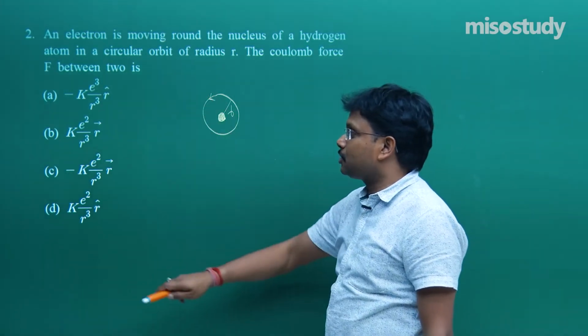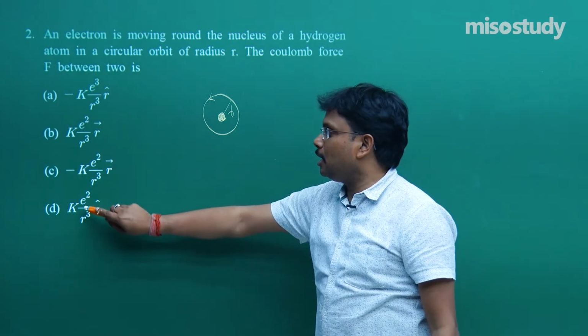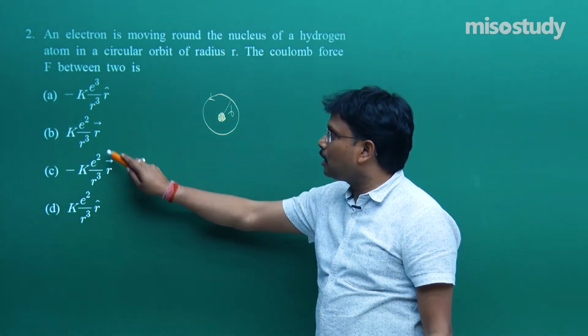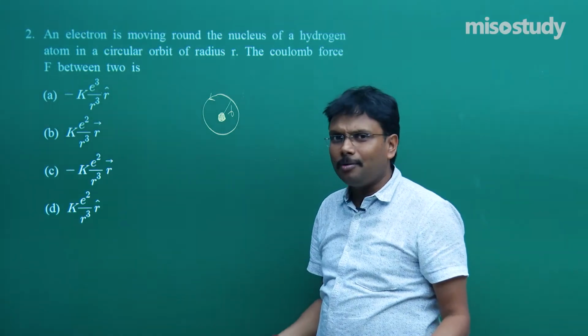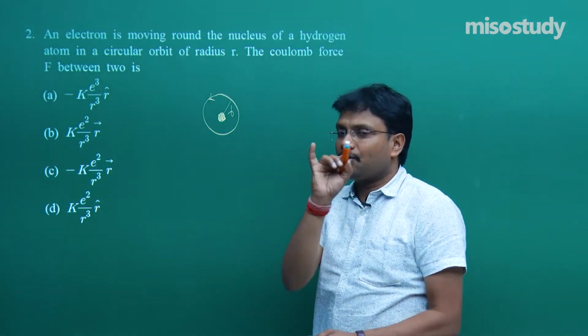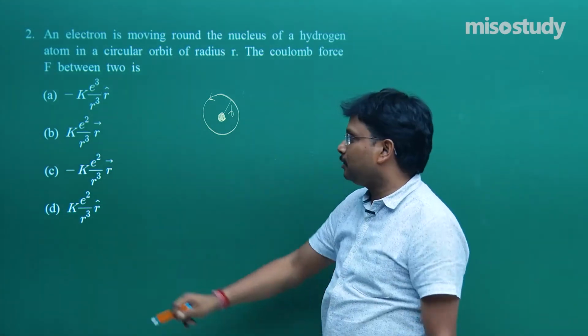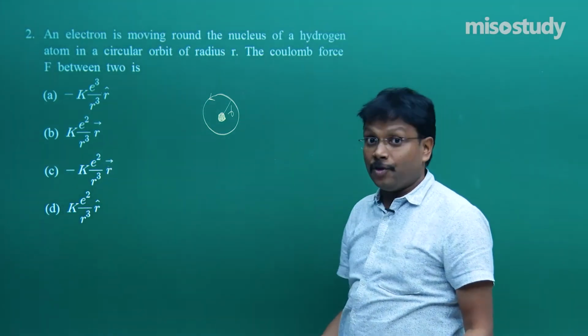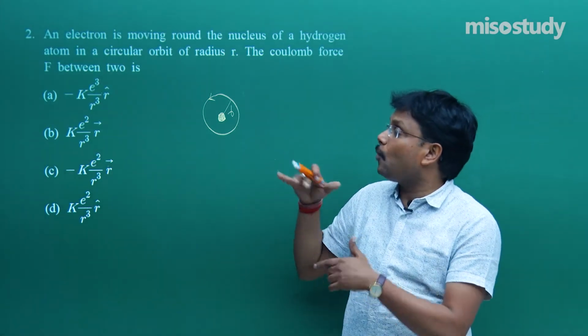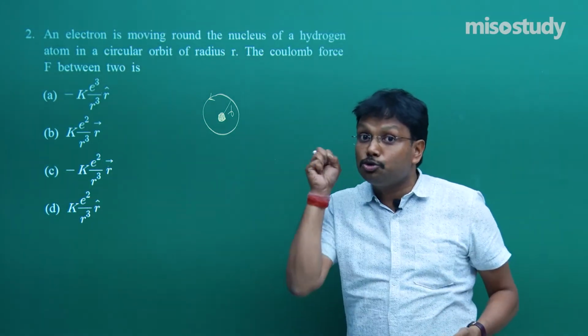Force of attraction, impossible, impossible. Okay, E square R cube vector R E cube, oh my god, not possible. So simply, even without writing a single line, the correct answer is C. So these type of questions, and the specific reason why I picked these type of questions, just to show you